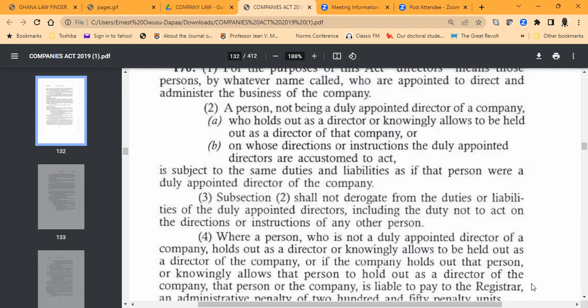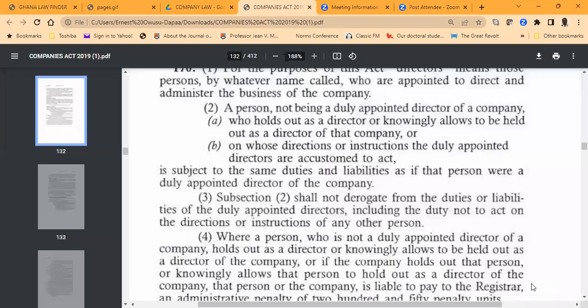Now, the wisdom of the law in this regard is to discourage people who have not been appointed directors to actually behave as directors in relation to the company and also third parties. And that is why 172 will say that if you are behaving as a de facto or shadow director, they are going to hold you to the same duties and liabilities. But it did not say that they are going to hold you to the same rights and privileges of a duly